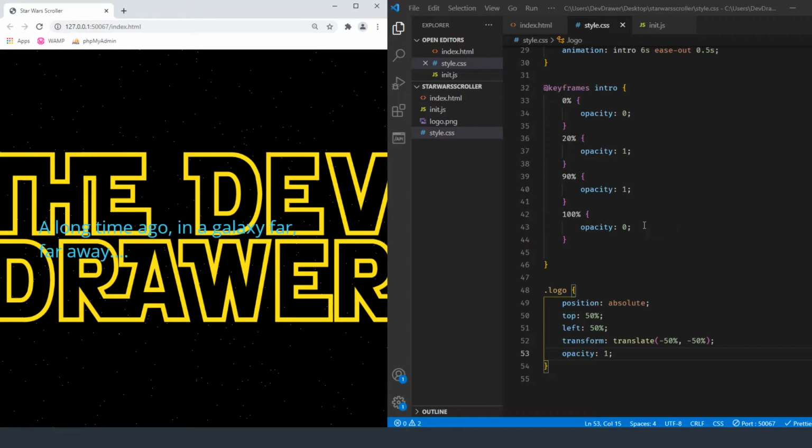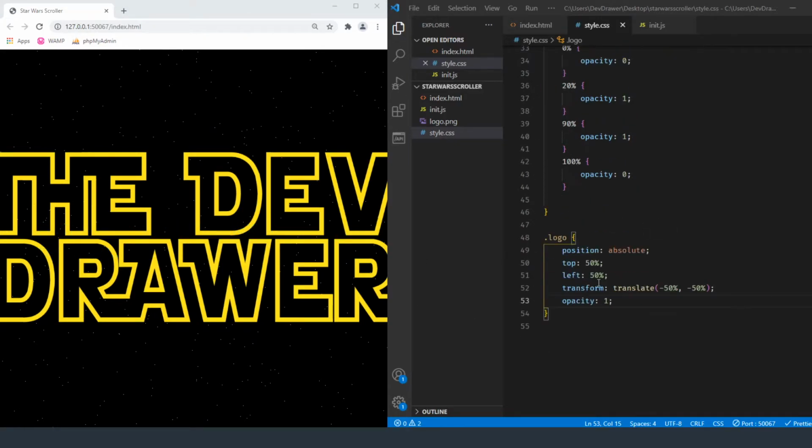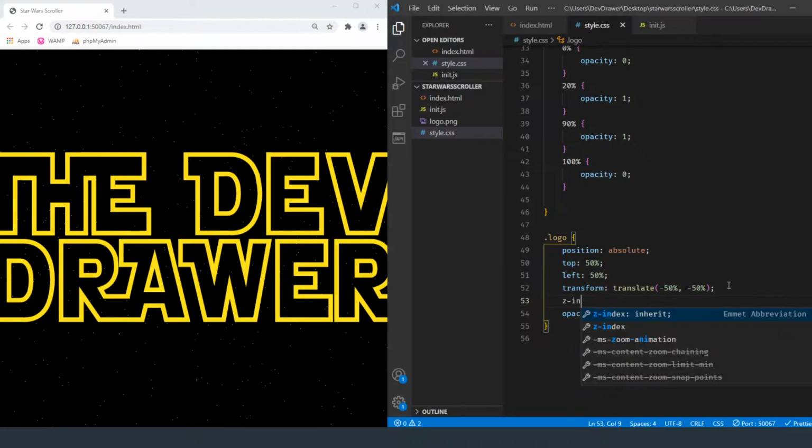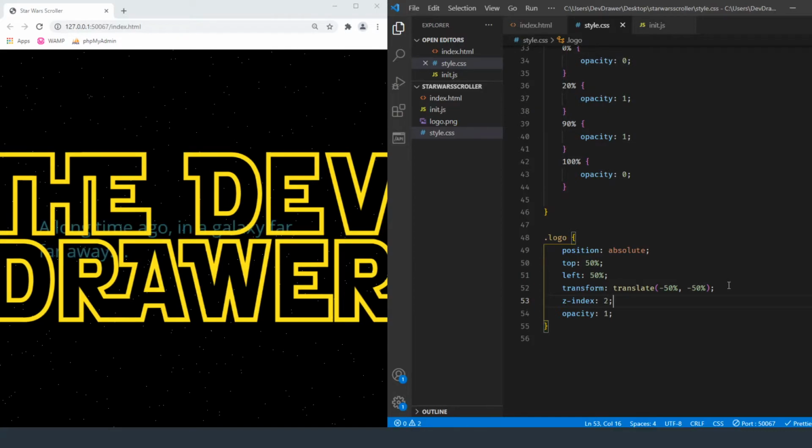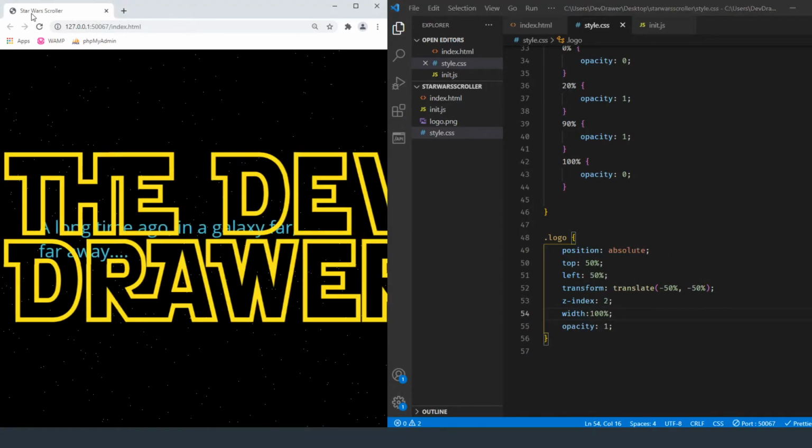Okay, so it's displaying where we want it to, so let's make sure that it's in the correct positioning. We're going to do a z-index of 2 like we did for the other one, because all of our stuff is going to be there. And then we want a width of 100%, because the initial logo for Star Wars is big. It's not just small and centered on the screen. It's actually big, and then it zooms out a little bit. So I'm not particularly liking how it's starting over here, so I'll have to work on that. But for now, let's go ahead.